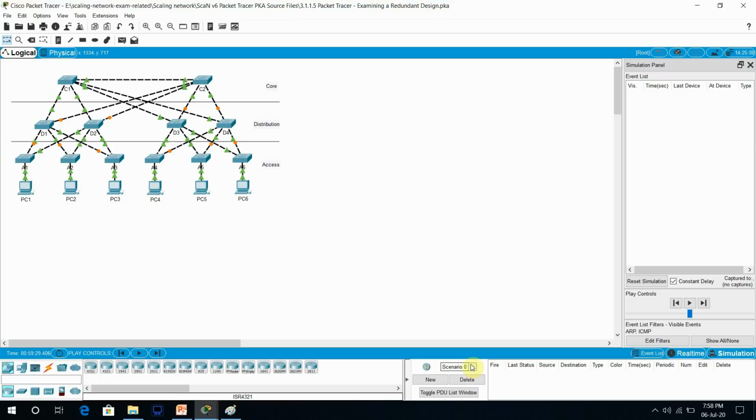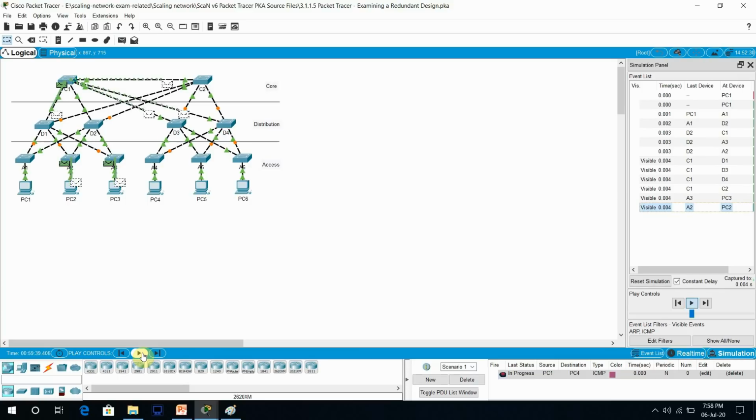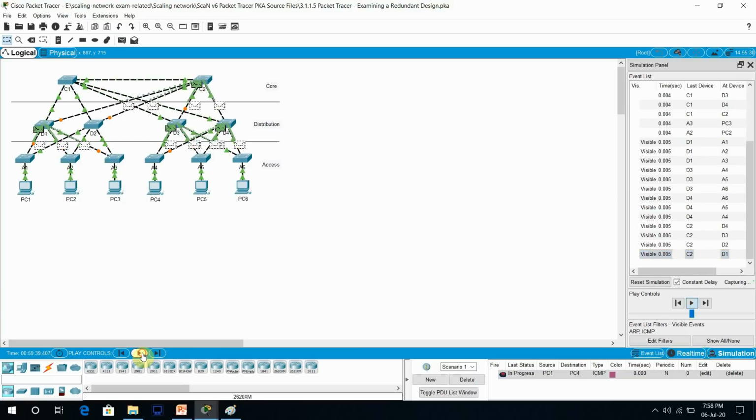Okay, so now I think better we can ping to PC4. Now we go to new scenario 1, this was the instruction, and the second thing was we need to ping from PC1 to PC4. So you will see the change in the process. Now press play. Again you can see it is going to D2 and broadcast to all the ports. Now PC4 will accept.